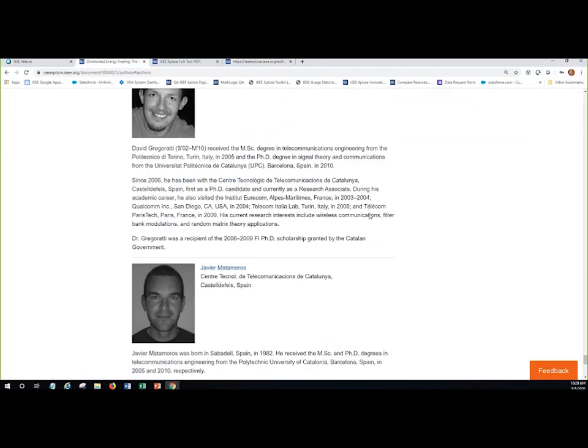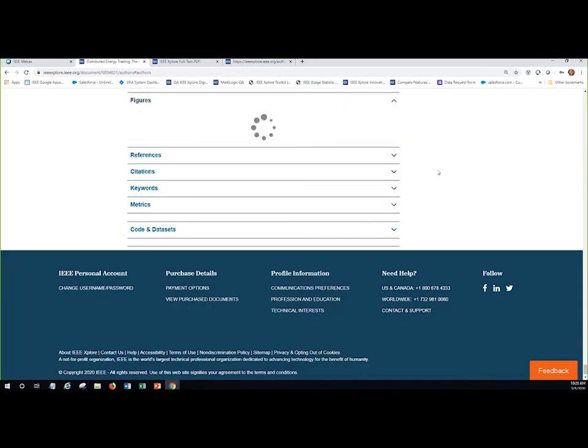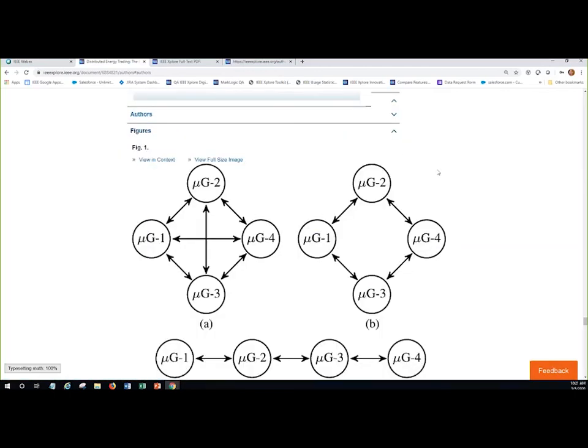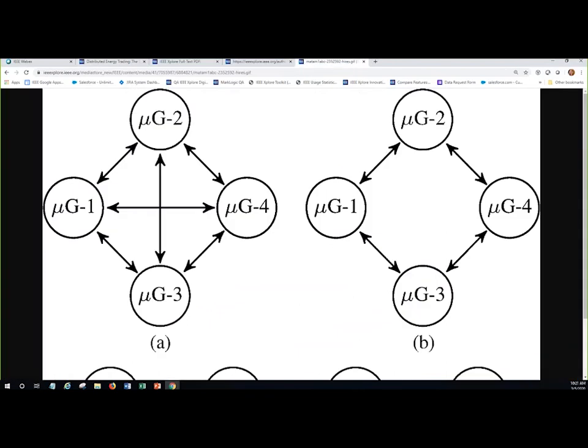Just below the authors section are the figures. So the figures are, of course, included throughout the paper in the full text HTML. But if you go down to the bottom, you can actually scroll through all the figures at once. And you can even open up the figures and in some cases zoom in and out on them, or do a right mouse click to copy or save that image.